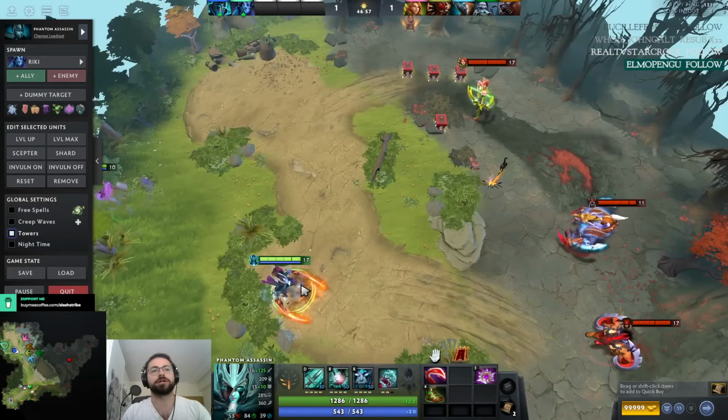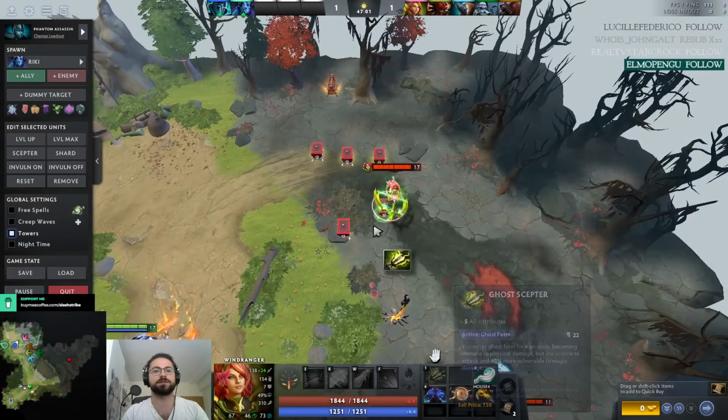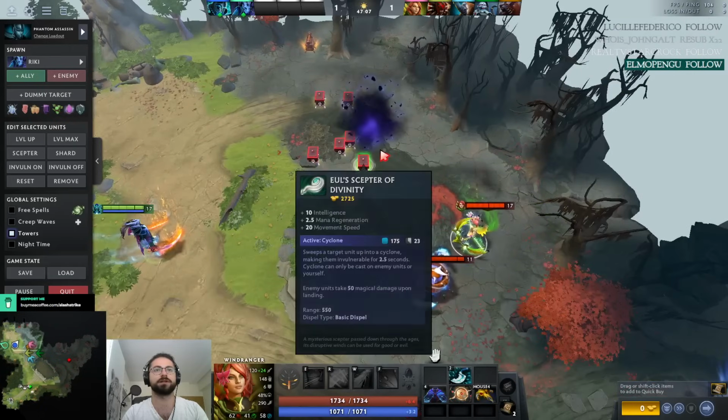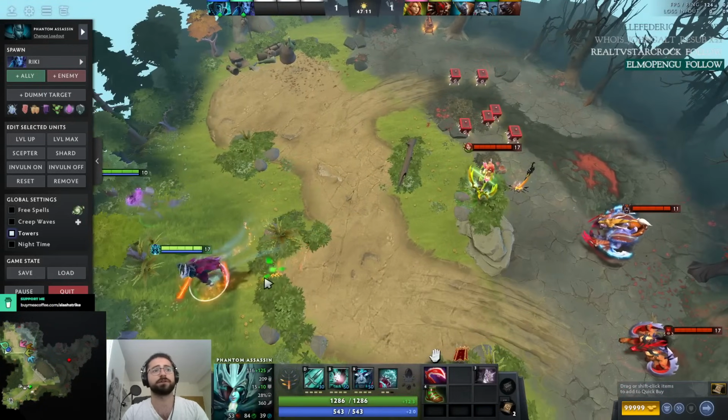Worth noting that it's a projectile, it's not instant like other items, so it does have some travel time, and this makes it dodgeable. For example, if the enemy has a blink and you're using it from very far away, they can blink and disjoint it. It's one of the ways to potentially deal with it. However, it's not very effective